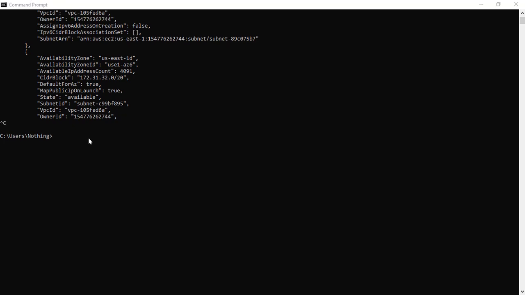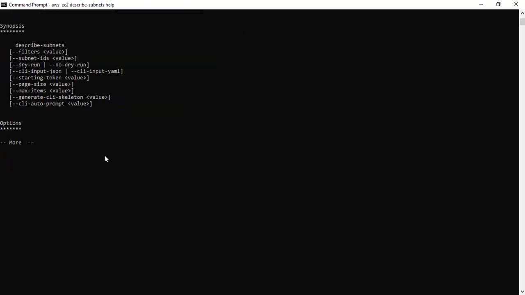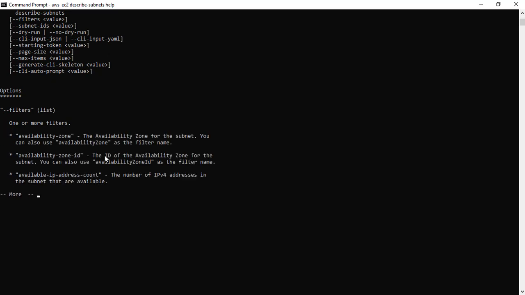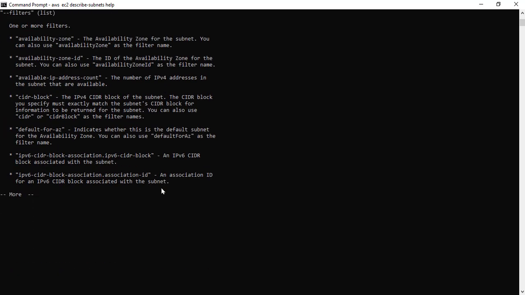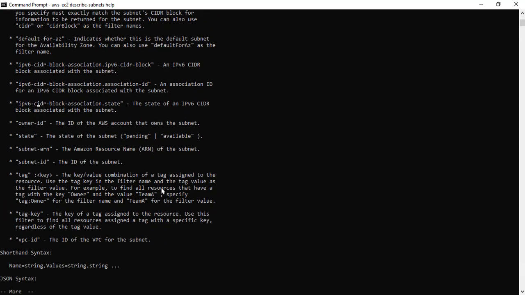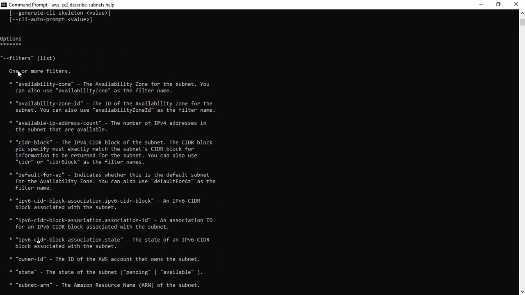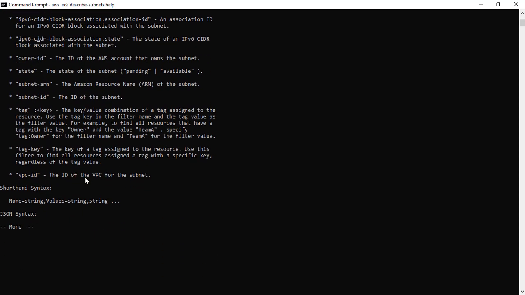So before I get into filtering and querying, it's important to understand how exactly I'm writing it. So for that, you have this help option available. You can go to help, and here you will see that filters are available, and you have all these options that you can use for filters.